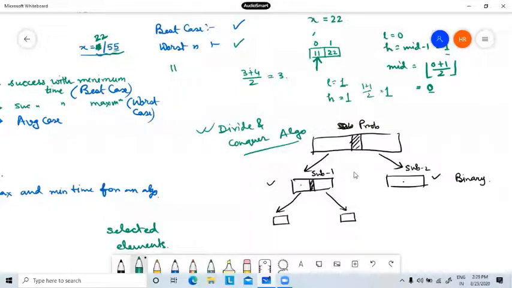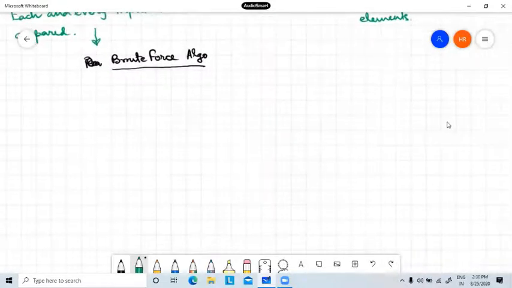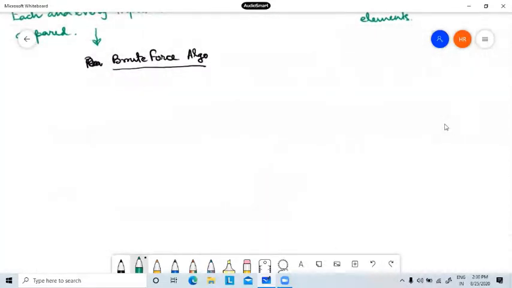And in binary search, not all the elements are involved in the procedure, and we are dividing our problem into sub-problems and finally conquering or getting the success. This type of algorithm is called divide and conquer. So from this, we can say there are different types of algorithms.